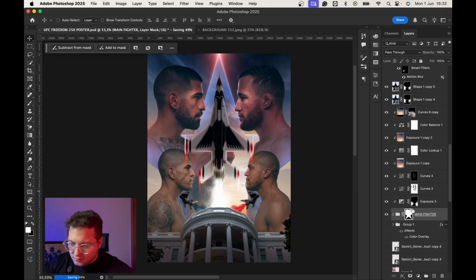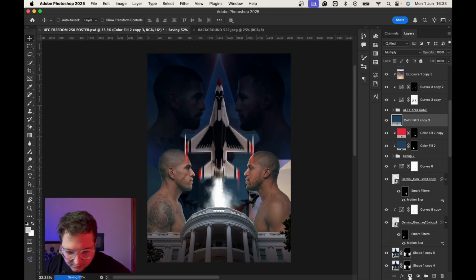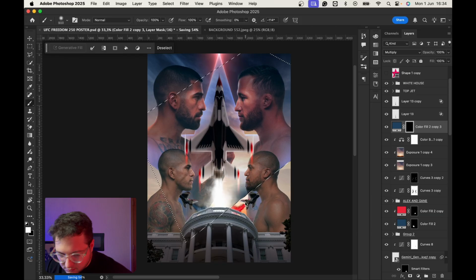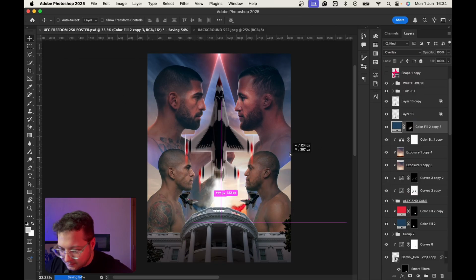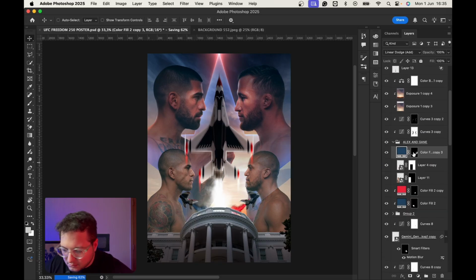So I masked them inside of the star, and then with a brush, I simply just got their heads back, right? So I brought their heads back just so they could stay on the top, but their body on the bottom is sort of inside of the star, which makes it really interesting. And here I'm using the